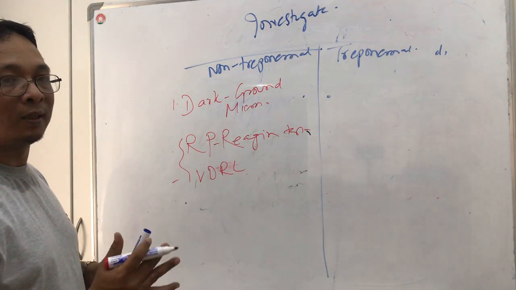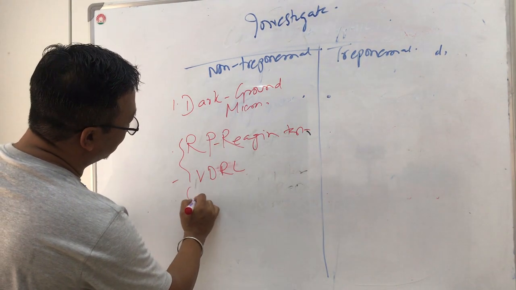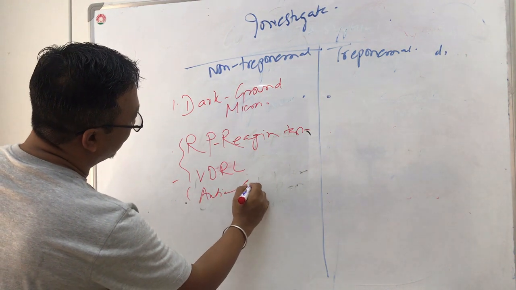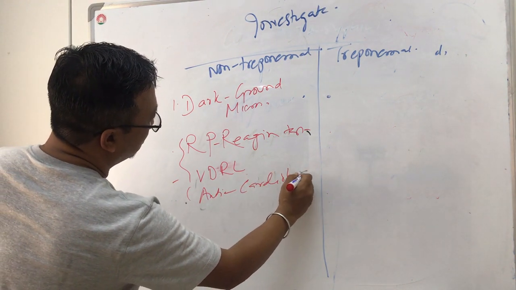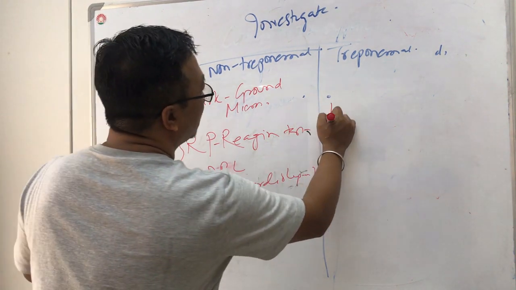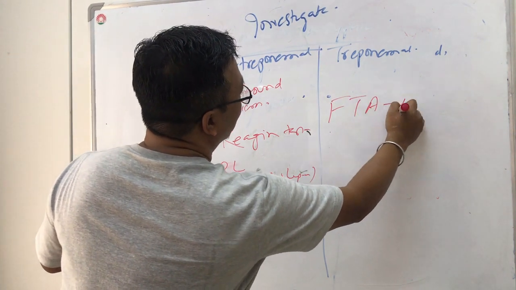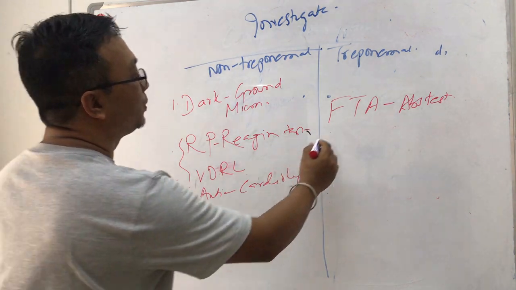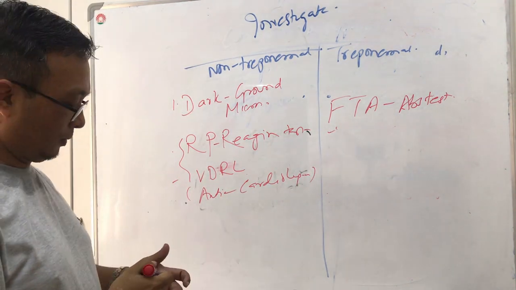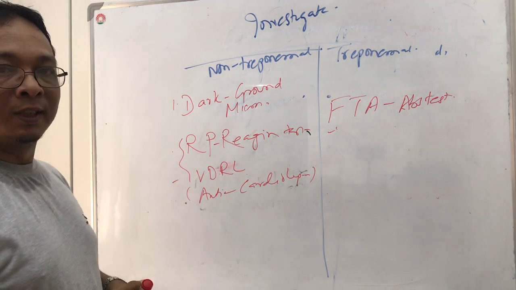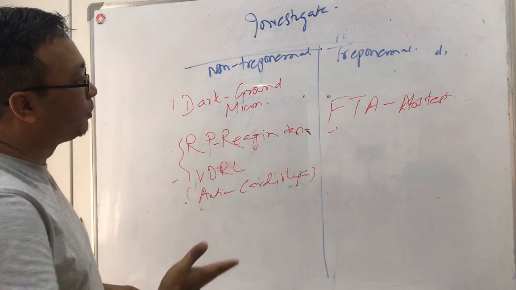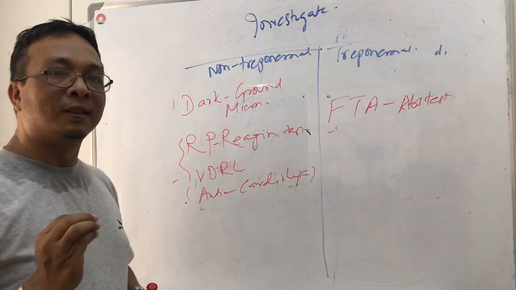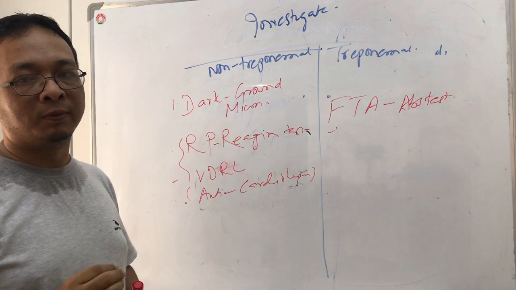That's why they are not so specific, because they go for anti-cardiolipin. More specific is the fluorescent treponemal antibody absorption test, which is very, very specific and highly recommended. So these are the serological tests. Then treatment: penicillin is the best treatment for syphilis, any kind of